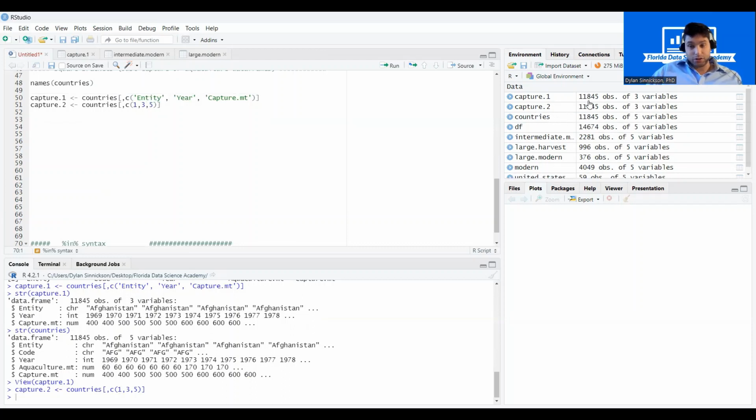It looks like it has the same number of variables and the same number of rows. But let's use a function to make sure that these are identical data frames. So how do you make sure two data frames are identical? Well, you can use the identical function. So if I call identical and I call capture.1 and I use capture.2,